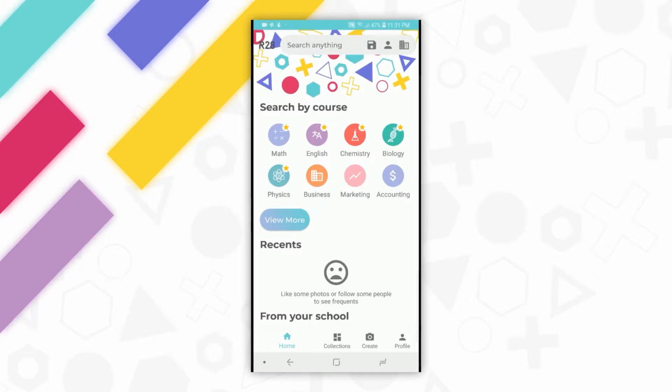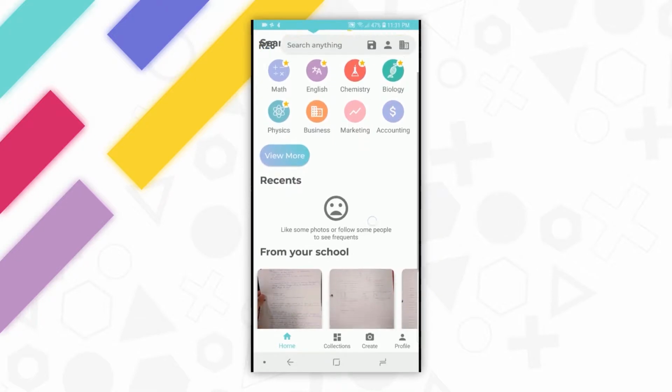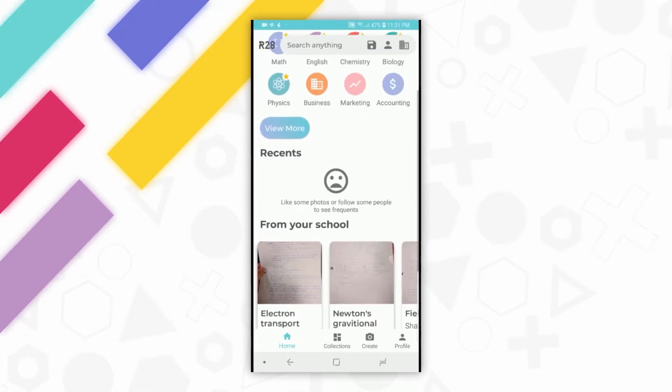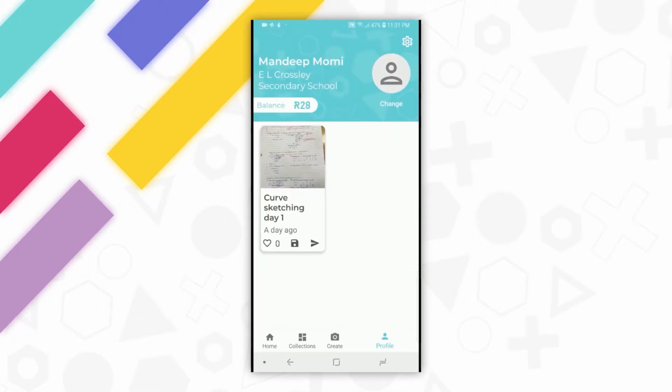Opening up the app right off the bat brings us to the home screen, which right now is personalized because I'm signed in under a user. I can see my user under the profile tab, which I've just clicked. Under there I can see my name and the school I'm attending, and this is all collected during